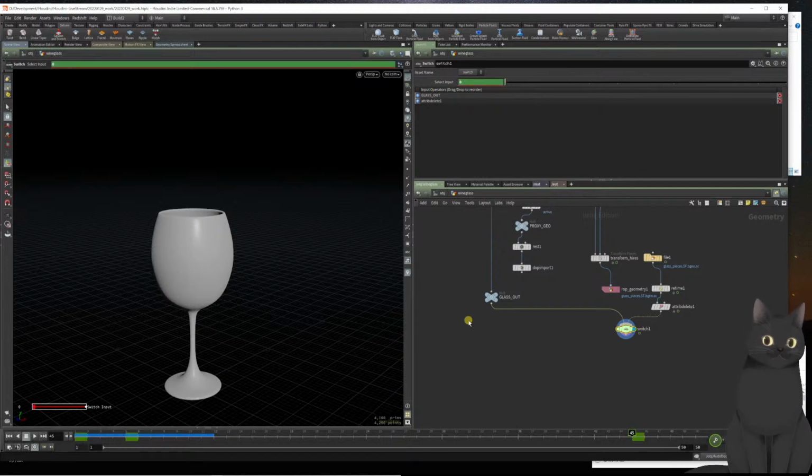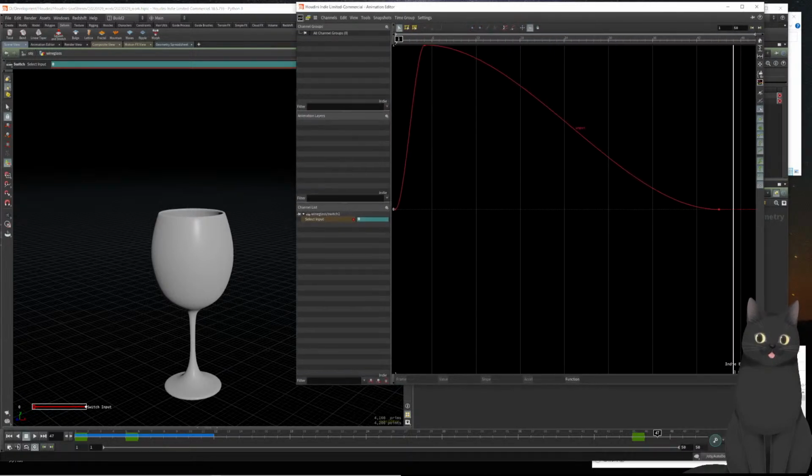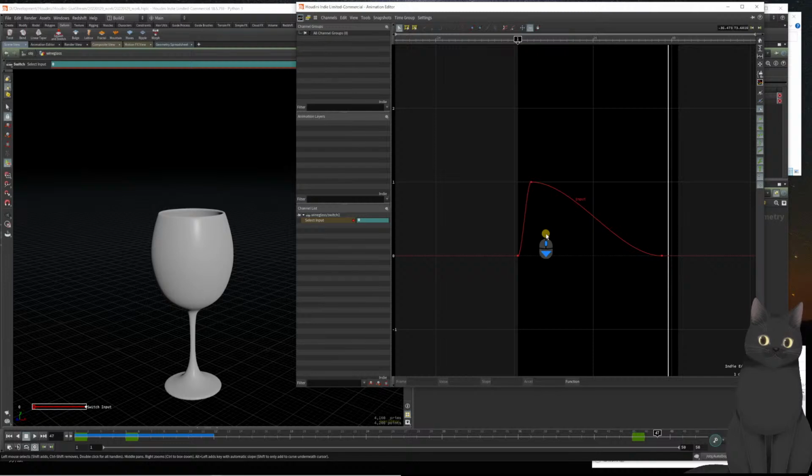The only thing we have to do, press H to get in here, is we're going to select these and we're going to make those sharp. So there's no interpolation, just because they're